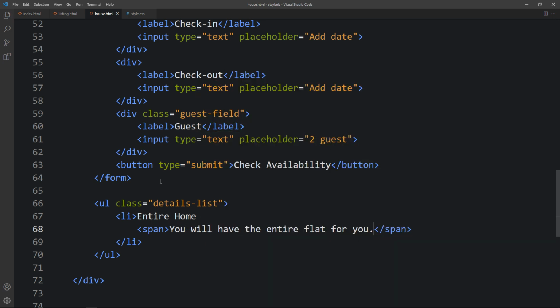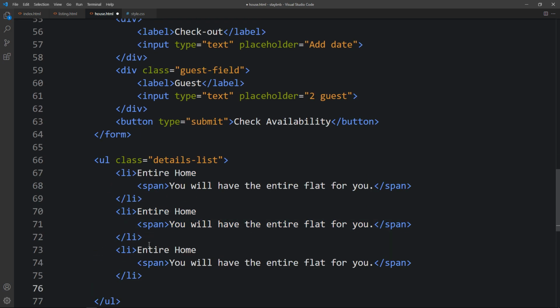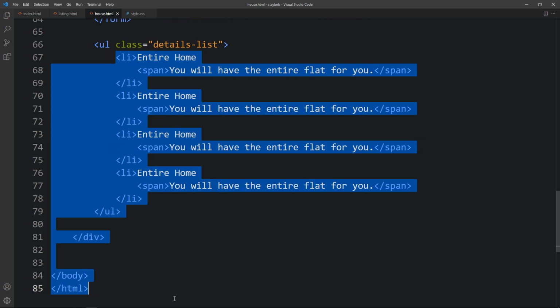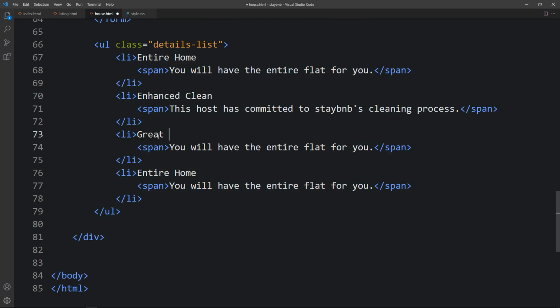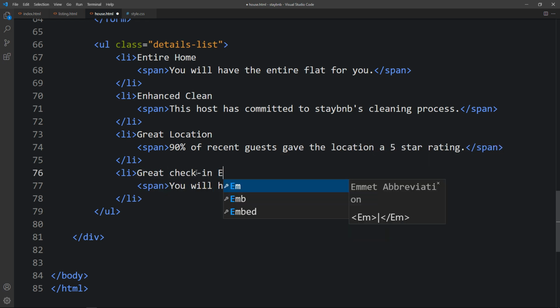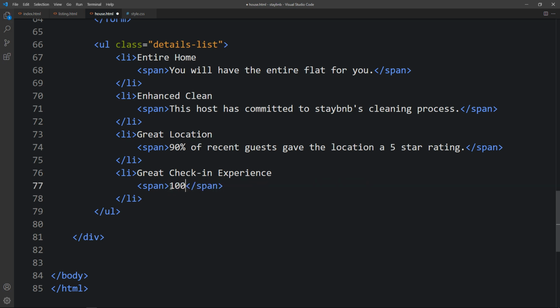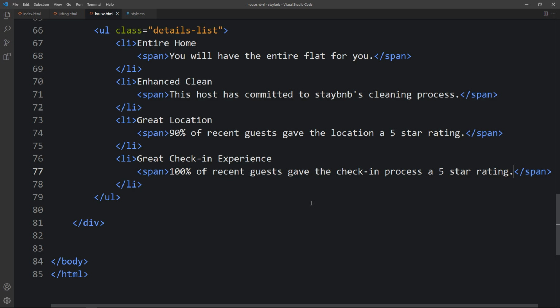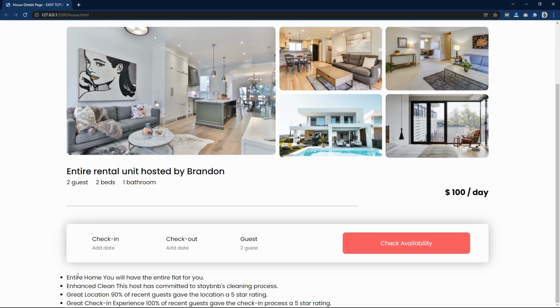Now we need 4 lists, so just duplicate this li and replace the text. After updating all these text, let me open the website again, and you can see these lists just below the